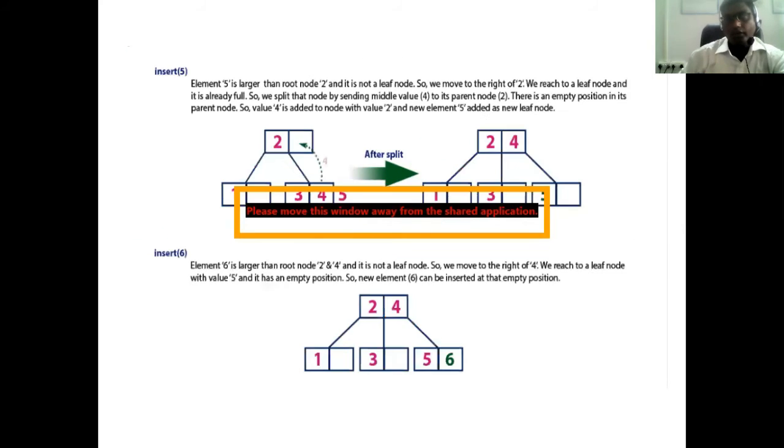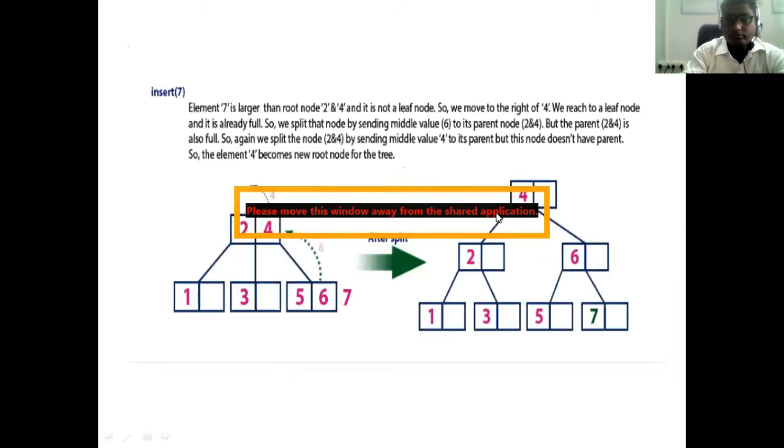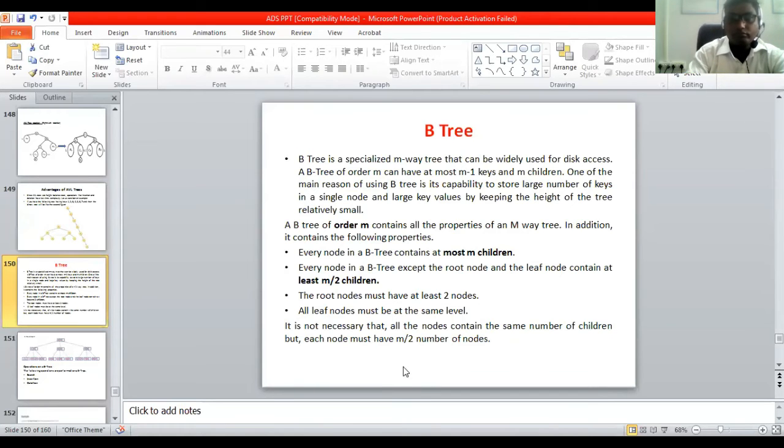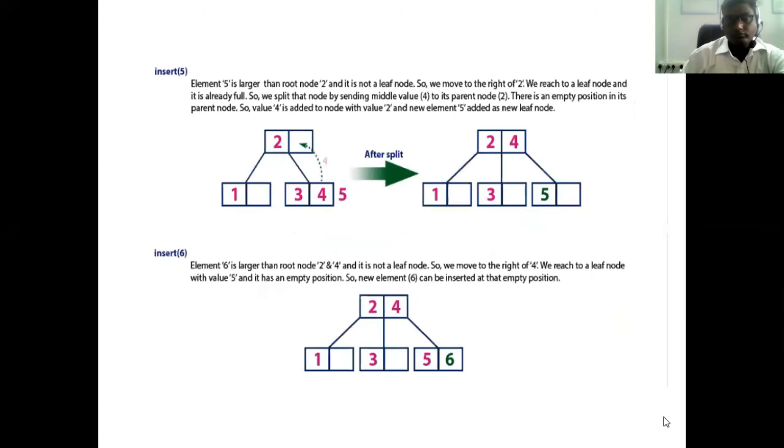Okay. Now in the next step, insert the 5. Now in step number 5, we are going to insert a 5. Now compare with 2. 5 is greater than 2. It means this is the child address, and we have to move here.